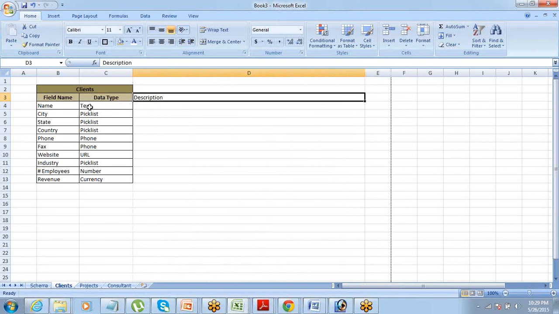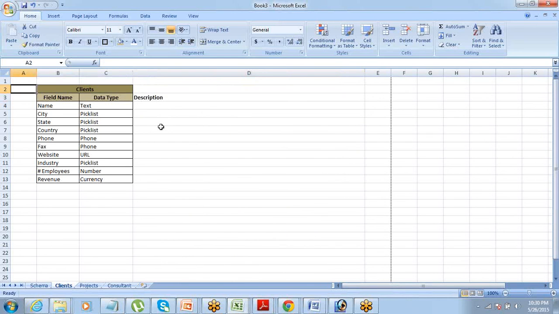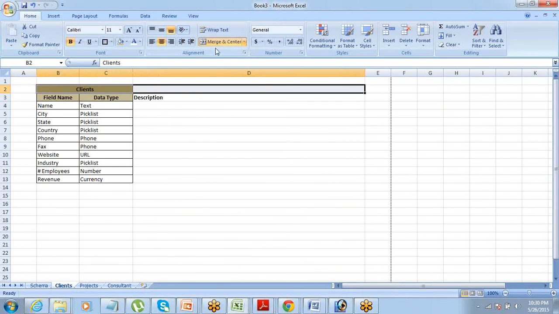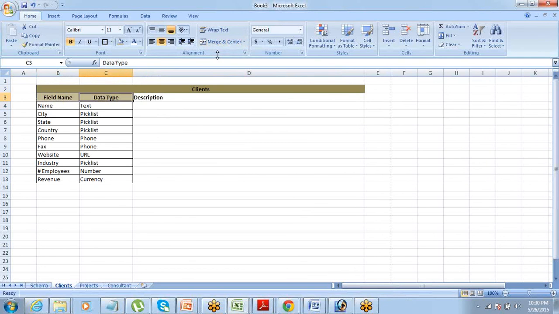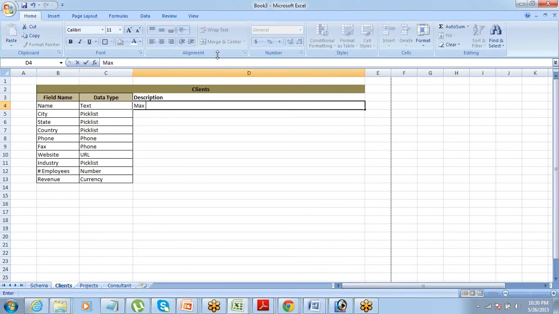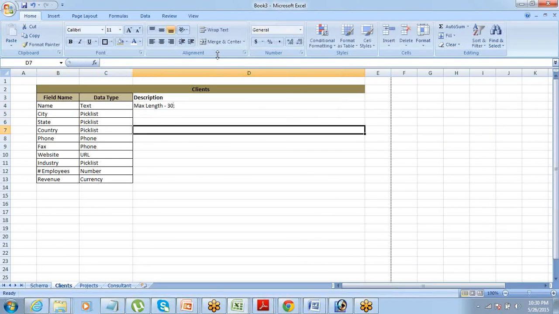Okay, so for every field now I want you to track the description as well. Now this is a dedicated page for the client object. Further, we will put a description for every field, like for name, max length 30 characters, things like this.